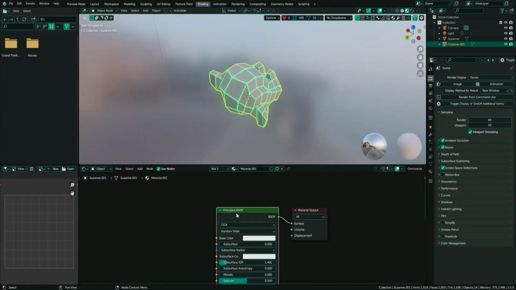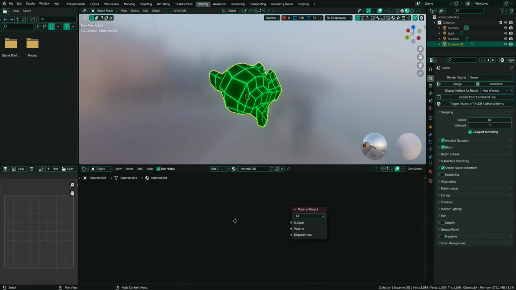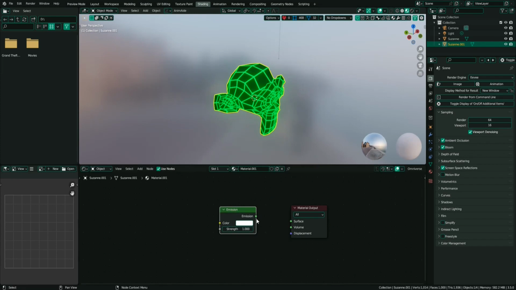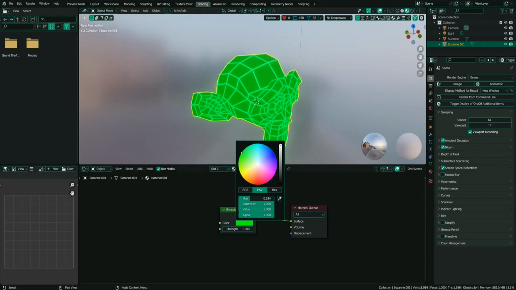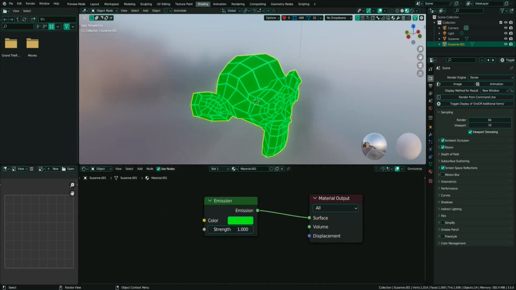Let's delete the principled BSDF, and let's add an emission shader, and we're going to connect the emission shader to the surface input of the material output, and we're going to change the color of the emission shader to a green. Do not change anything else. Let's go back to the layout workspace,